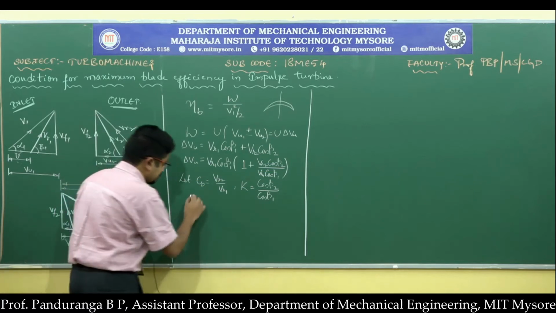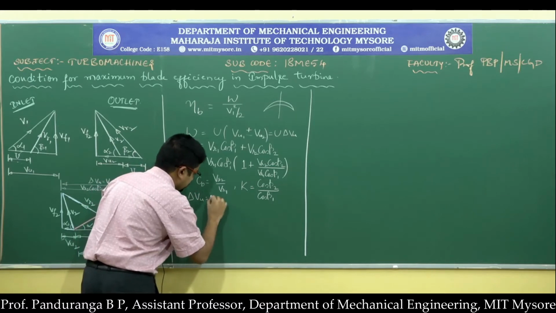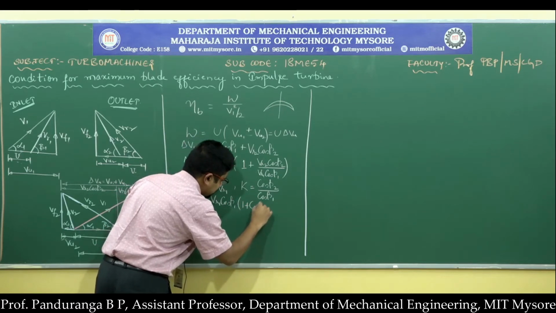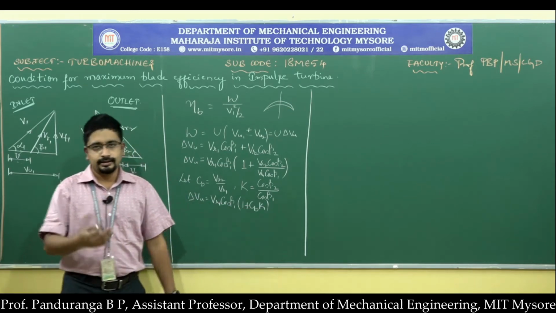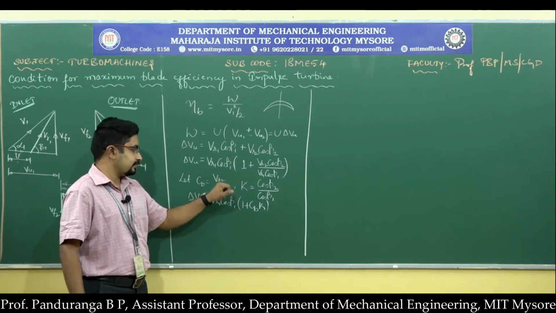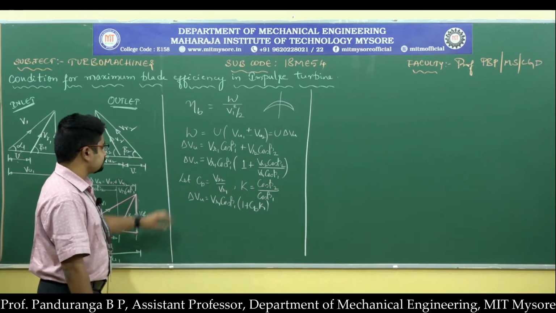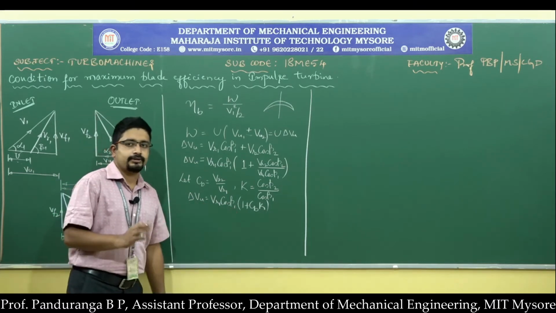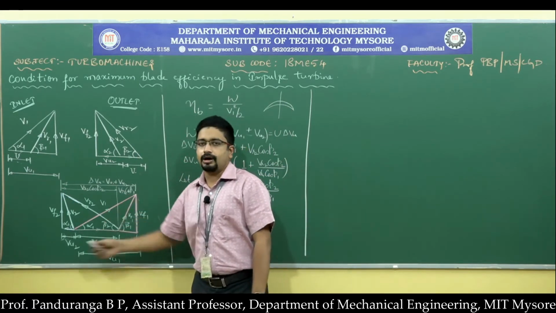Okay, now I will substitute VR2 by VR1 as CB and cos beta 2 by cos beta 1 as K. So here we have delta VU equal to VR1 cos beta 1 into 1 plus CB into K. We will see what happens to CB and K in the practical case later while solving the problems. But as of now, just call this CB, that is VR2 by VR1, and K as cos beta 2 by cos beta 1. Then now I need to express VR2 cos beta 2 in terms of V1, that is our aim. So to express the work done in terms of V1 and alpha 1.